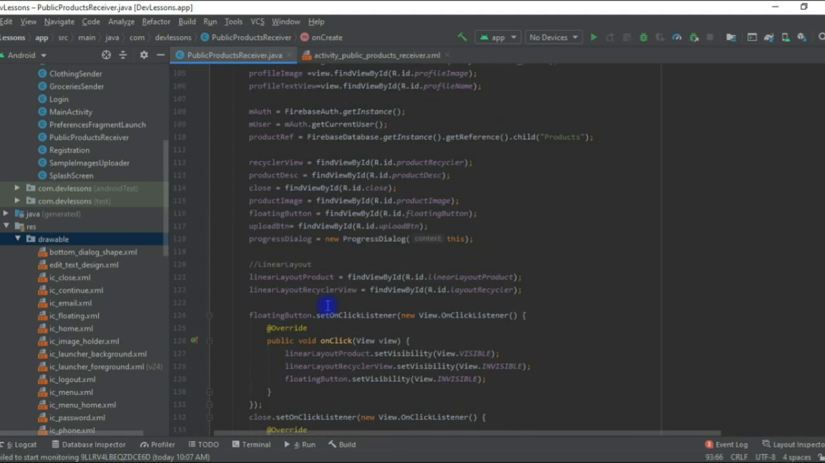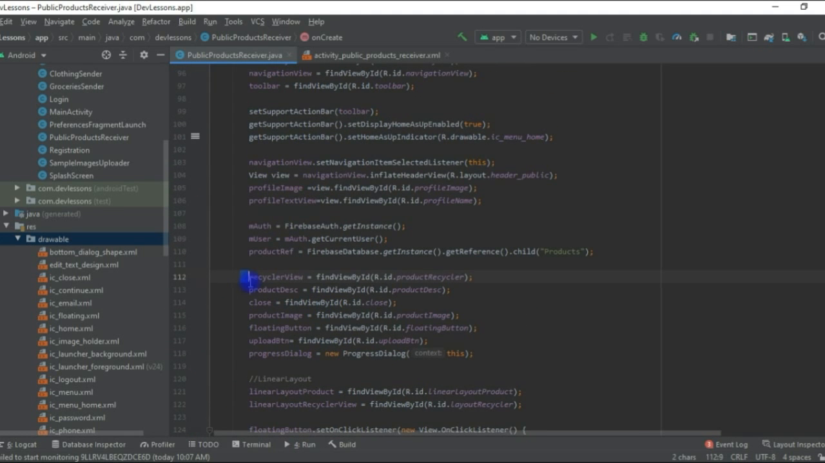So now I want to remove some other files here. I want to remove